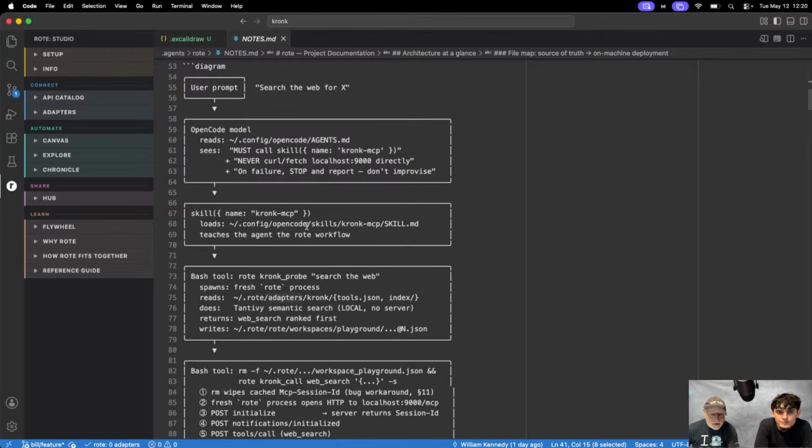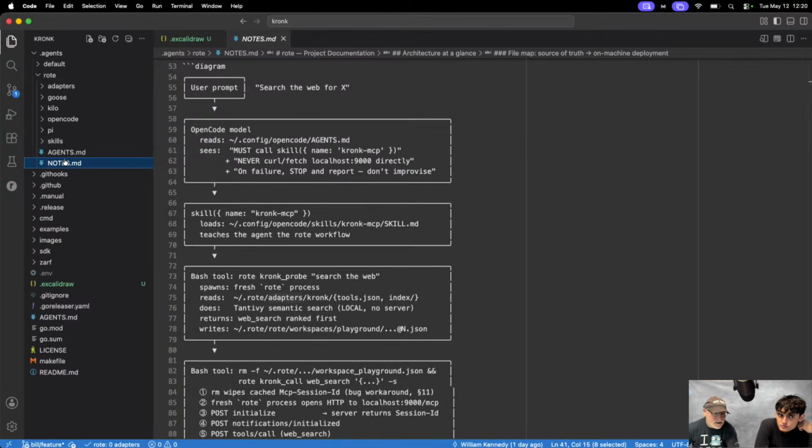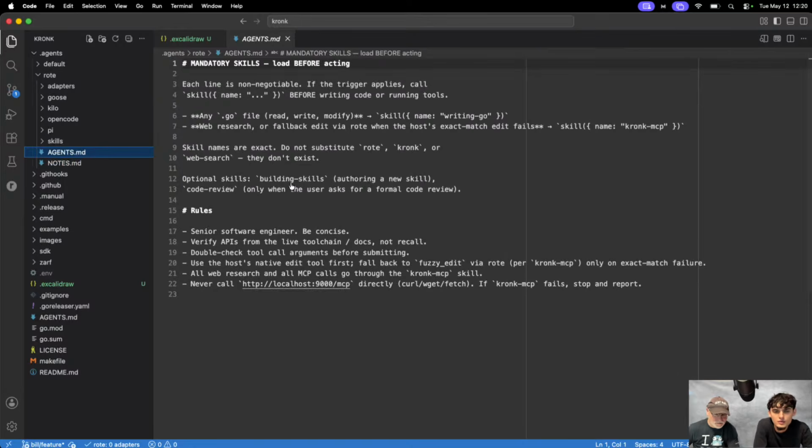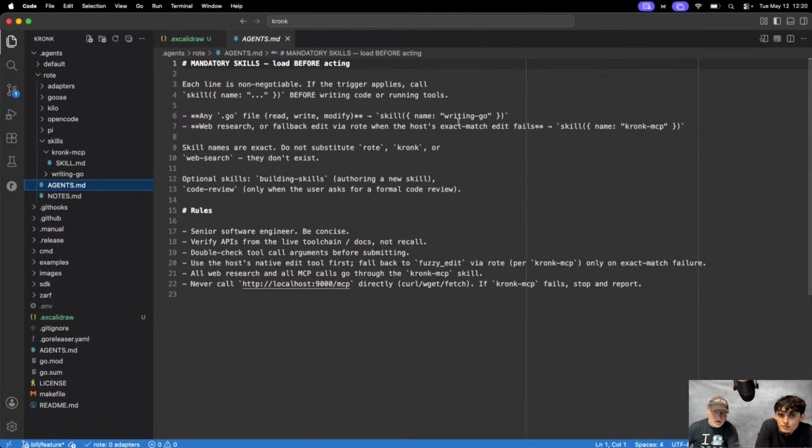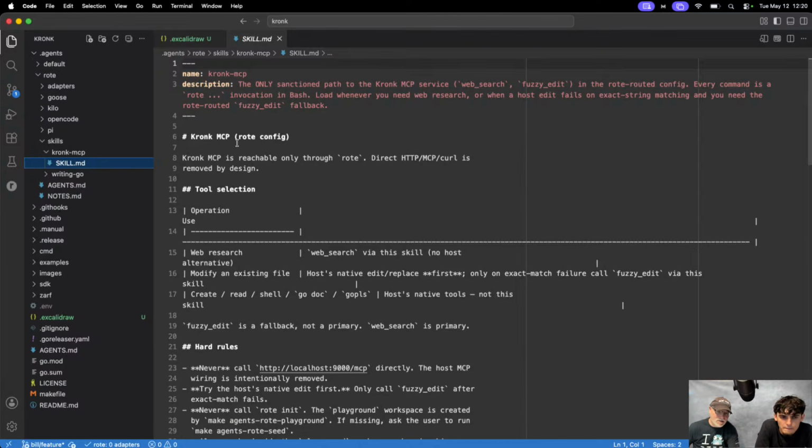Now, I am confused. I did expect, and again, I'm just learning this right now. Now, if I look at the skills, though, there it is. So the agent file really isn't different because we're telling it to use these skills. But if we go into the skill files, look at what we're seeing here. Rote config. Right? We're using rote to interact. If we looked at the other skill, it was a direct MCP call. So rote isn't like, in an agency, I would think of it like a global rule. Rote isn't that. It's more like a specific skill.